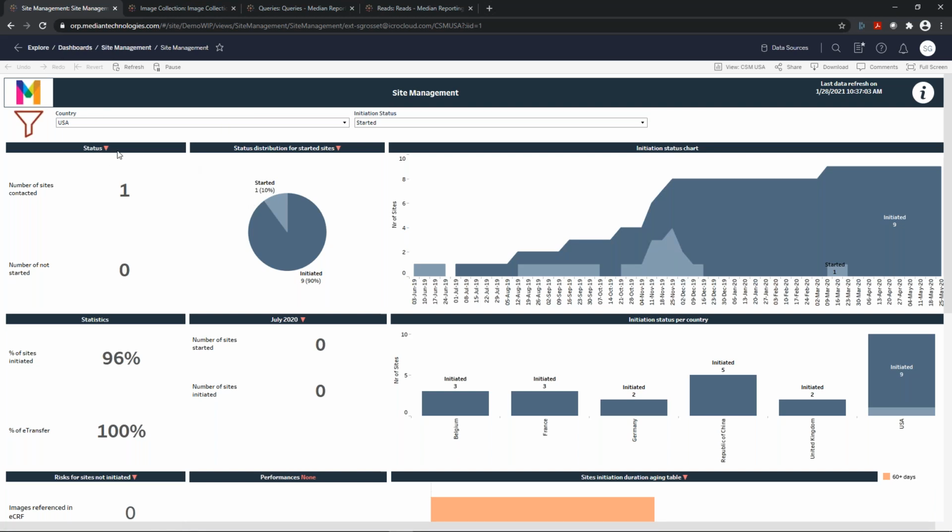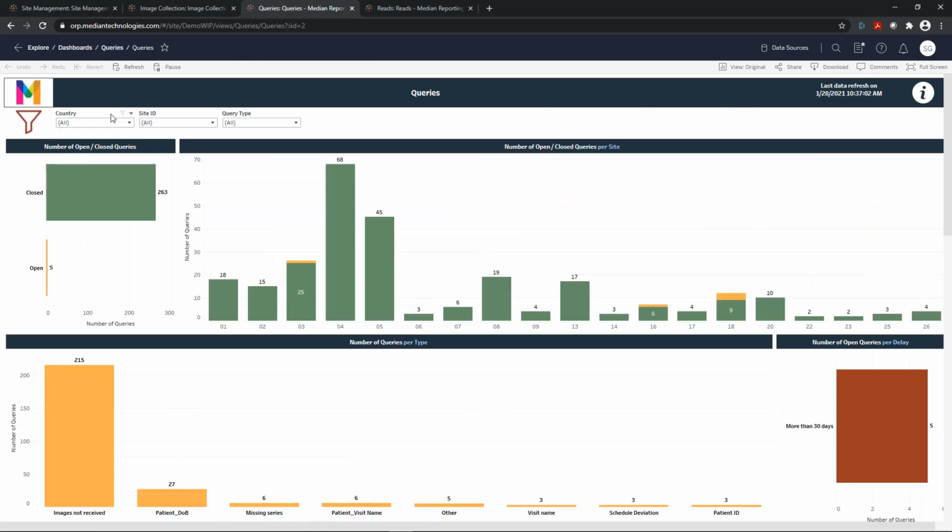For more detail, because here we are talking about the status of the site, we can also take a look at the queries you are managing as a CRA in the USA, and we can do the same filtering in a similar way in the queries management page. You will be able to filter to the USA, filter to the open queries, and record your view in a similar way. Sorry, Anne-Sophie, we can go back to the second.